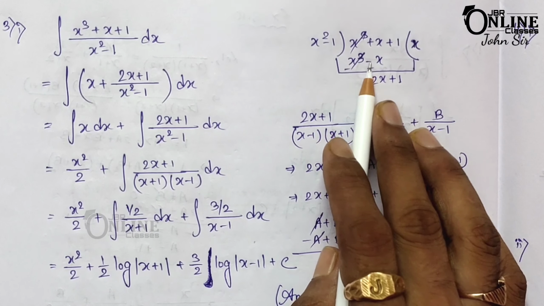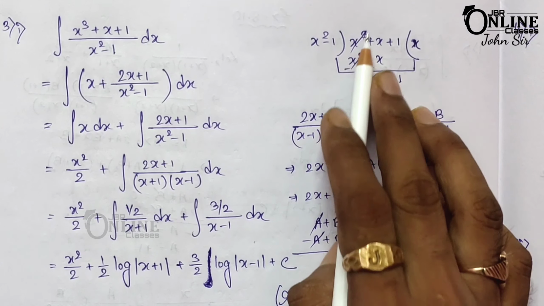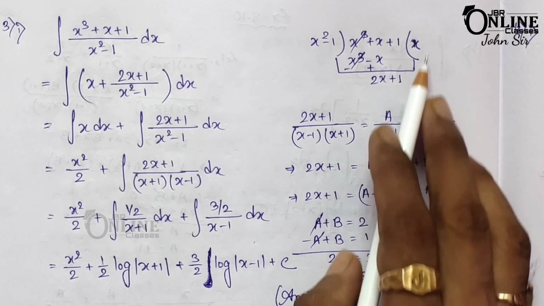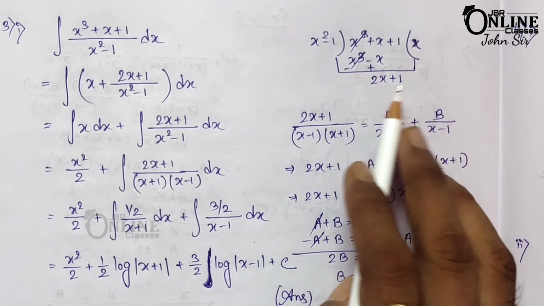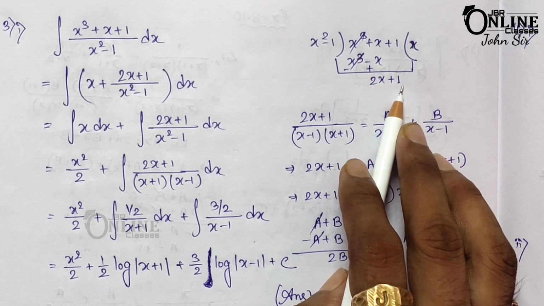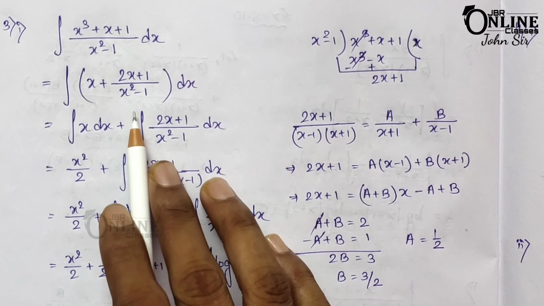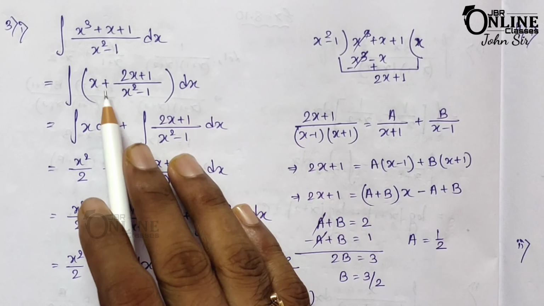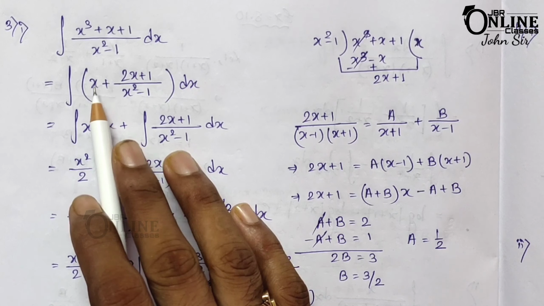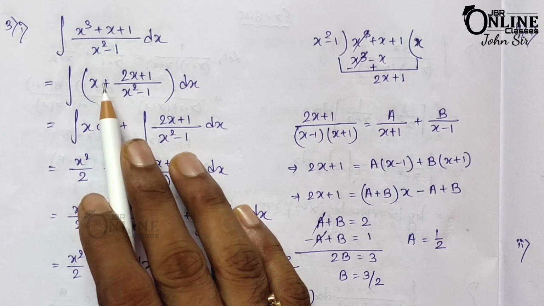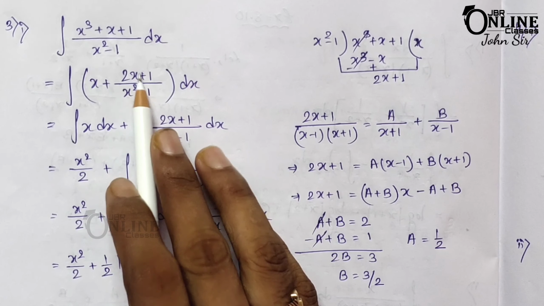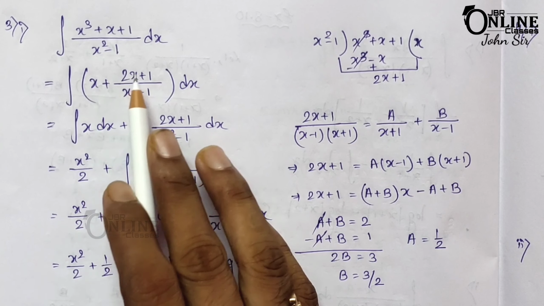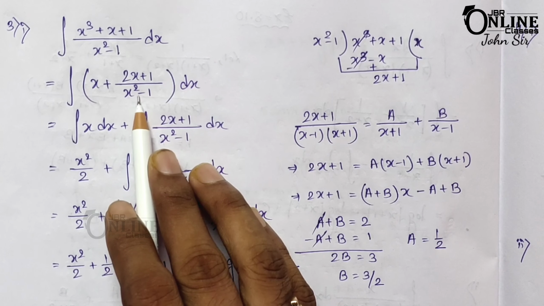So my x cube minus x, it will be minus plus, so it will be cancel out, and here 2x plus 1. Okay, that means here quotient equal to x, remainder equal to 2x plus 1. I hope you know the formula, because in the previous exercise you have already solved this one. So here first you have to write down the quotient, then plus, it will be remainder by divisor. I repeat, quotient plus remainder by divisor.